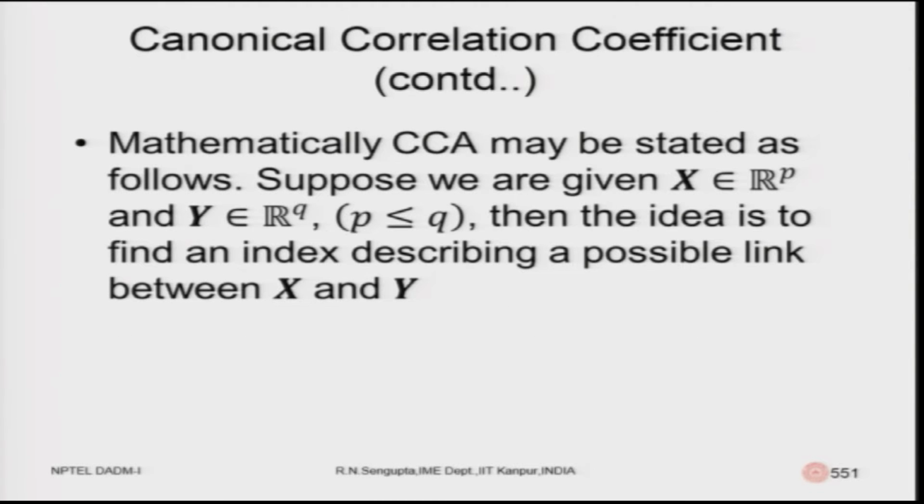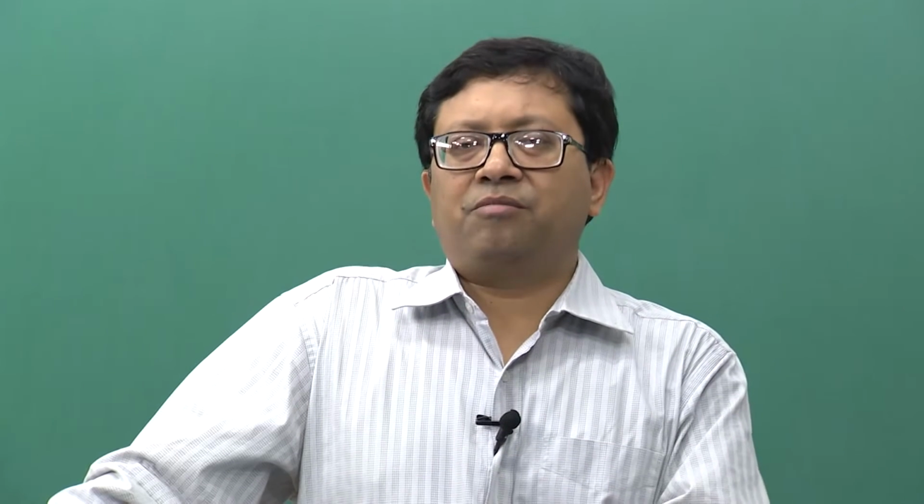Mathematically, canonical correlation coefficient would be stated like this. There are random variables x1 to xp, and what you want to do is find out the relationship between x1 to xp and y1 to yq, where technically p would be less than or equal to q. So, what you are trying to do is synthesize and find out the information of the relationship between the x's using the concept of covariances or correlations, such that you can find some relationship between what is given and what you intend to study.